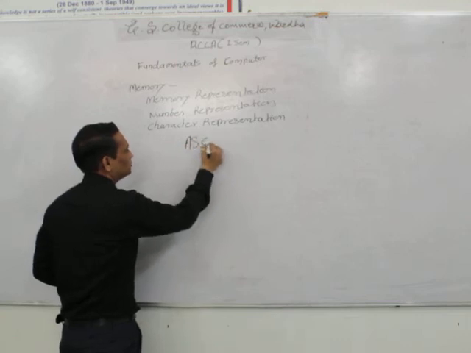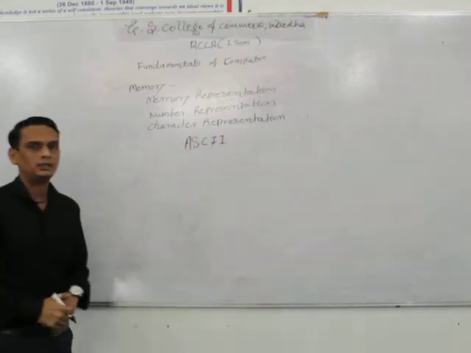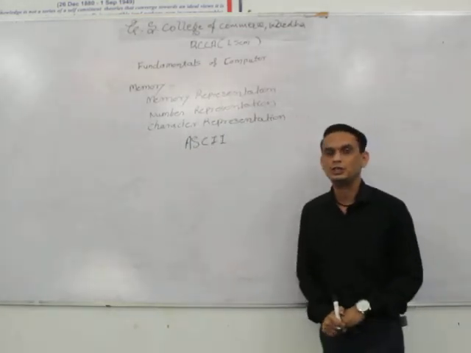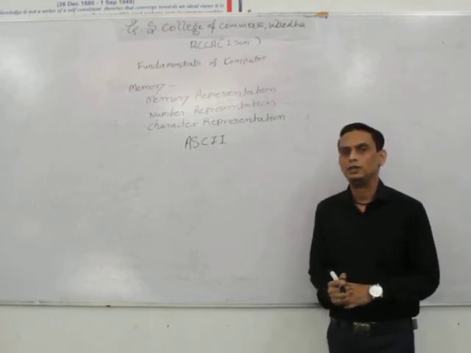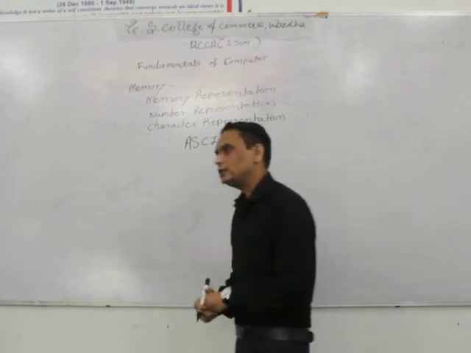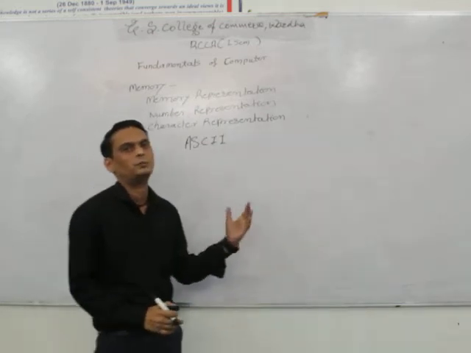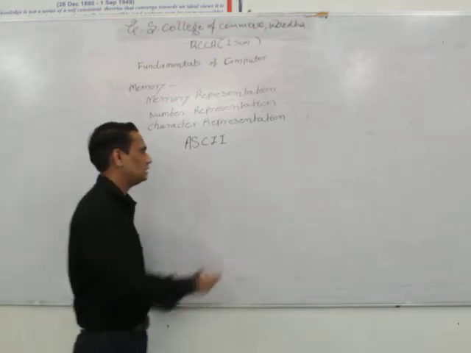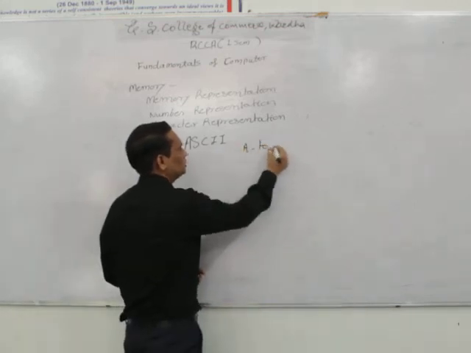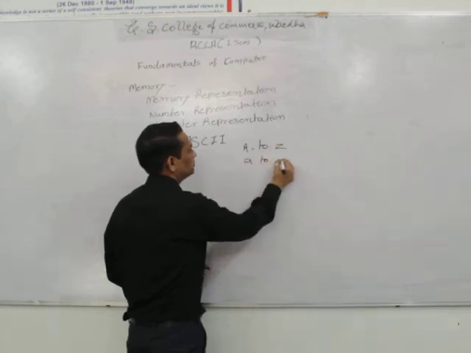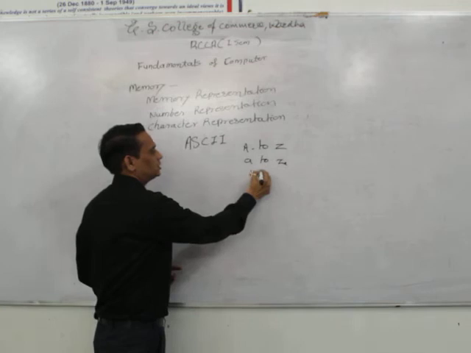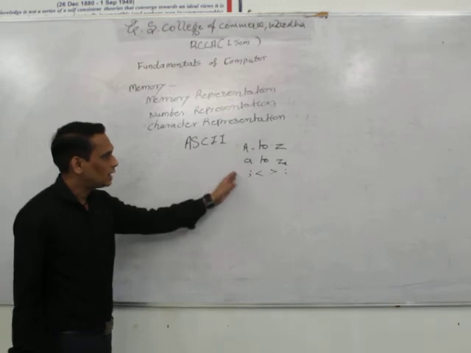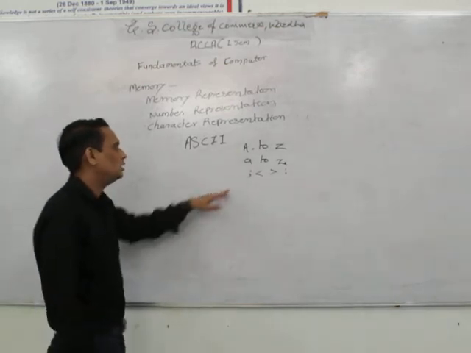equal ASCII value. ASCII value is nothing but a number representation of a key which is available on our keyboard. We have different types of keyboards, and according to the keyboard, different types of keys are available. So when we talk about the keys, that is A to Z, small a to z, some characters or symbols available on the keyboard. All these characters can be represented by a unique